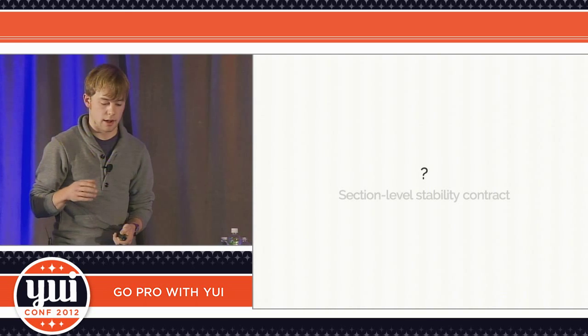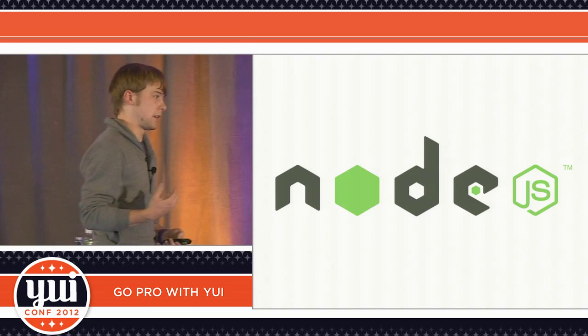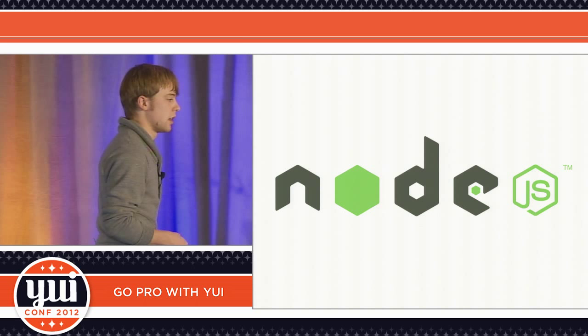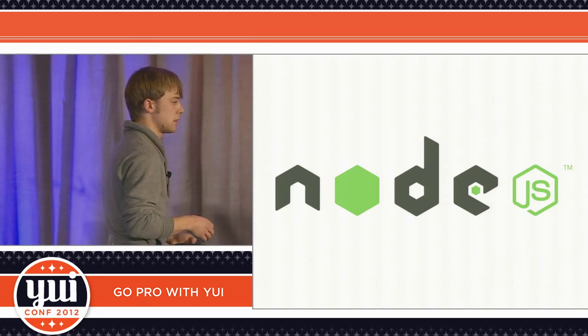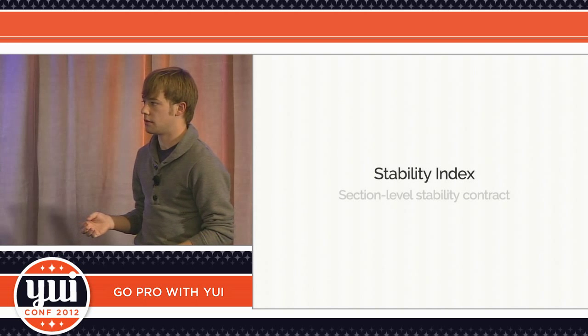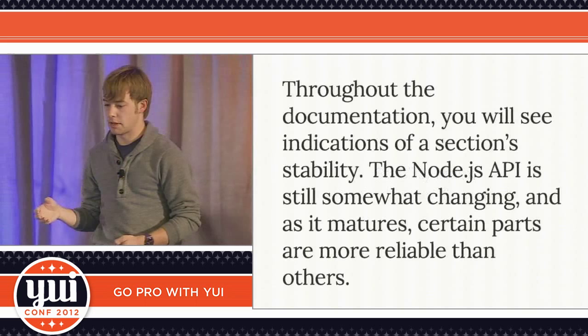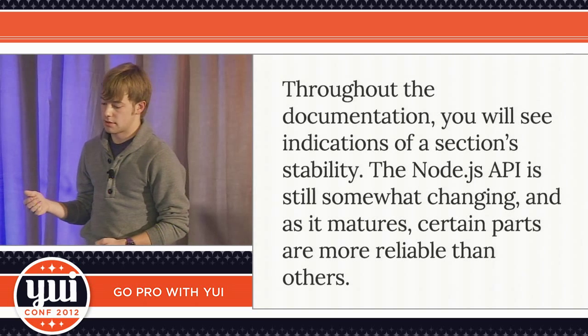When I looked at how to think about that, I looked at Node, and I saw that they did a really good job at this in their documentation, because every part of their documentation is covered with something they call the stability index, the Node.js stability index. And so it accomplishes that goal by doing this. And this is straight from their